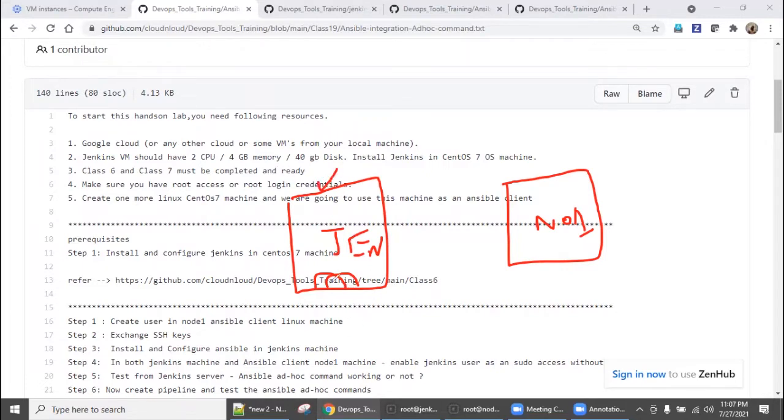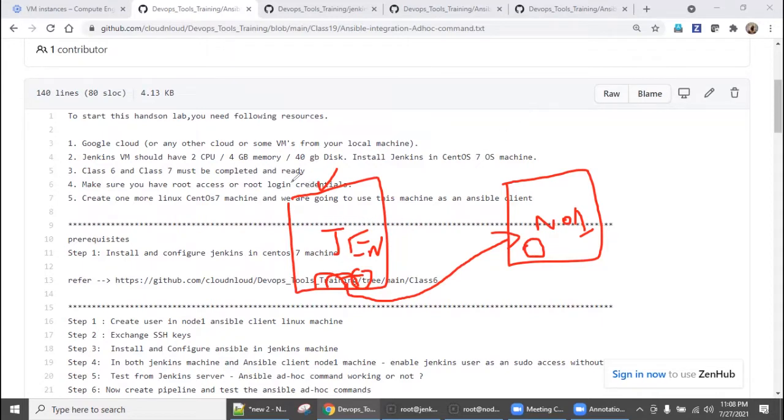So with this, we are going to execute some Ansible commands here. Say, for example, I want to install some package, but the command will be executed here. Since Ansible is configured, Ansible will start talking to node 1, which is the Ansible client, and the same package will be installed here. This is the first step. We will see it, and in the next class, we will see how to execute the Ansible playbook in a different way.